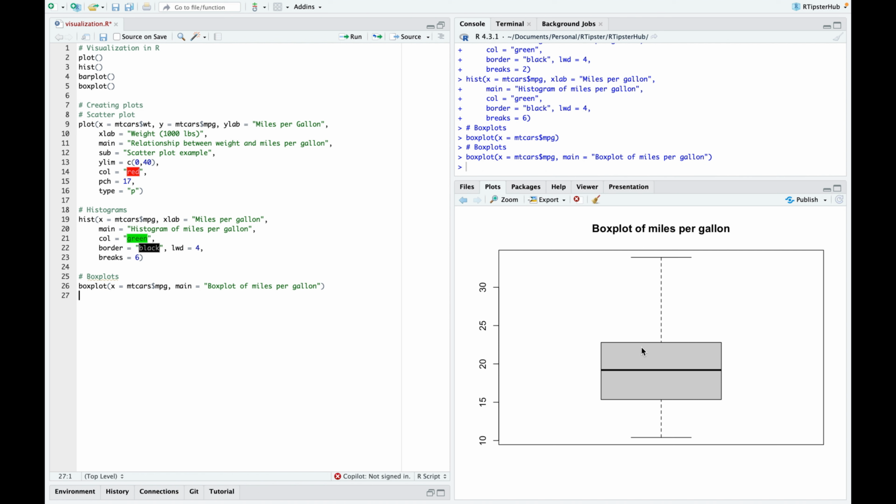the title has been added, and we see that the black line usually represents the median, which is just before 20. And then you can also see how to